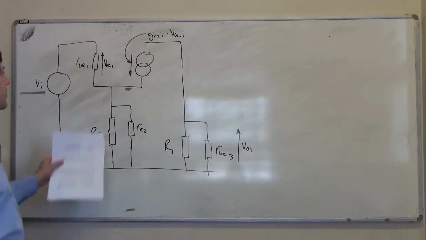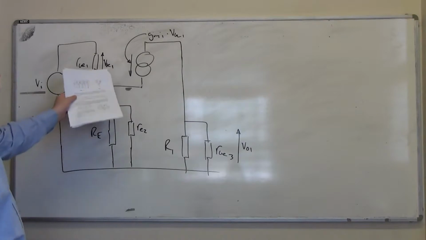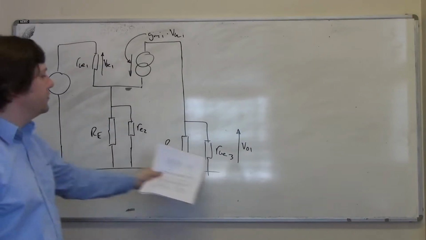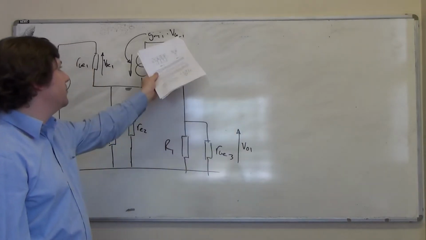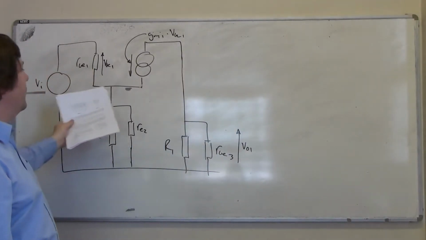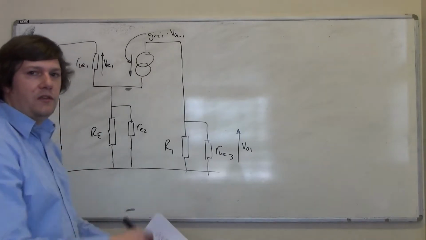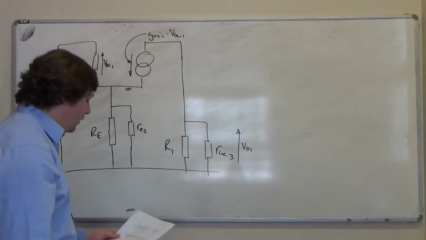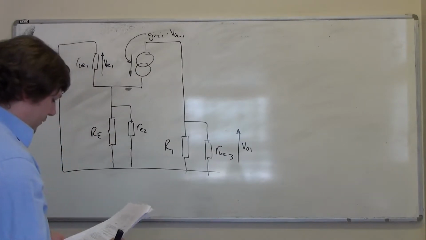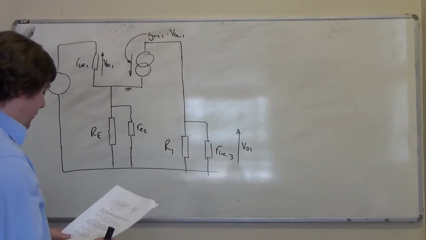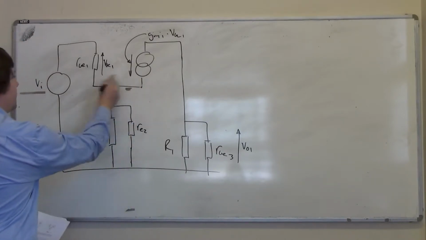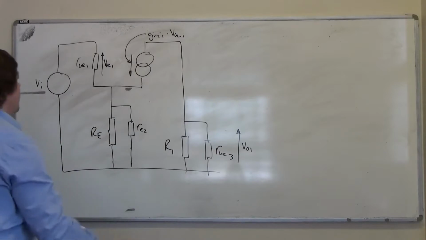So what I can do is write an equation that describes VBE in terms of VI, and an equation that describes VO1 in terms of VBE1, and then I can use those two to make the VBE1 go away, and then I'll get one equation that describes the circuit. So that's what we must do now. The way we would do this is by summing the currents on the emitter node, which is this node here. So we'll have a